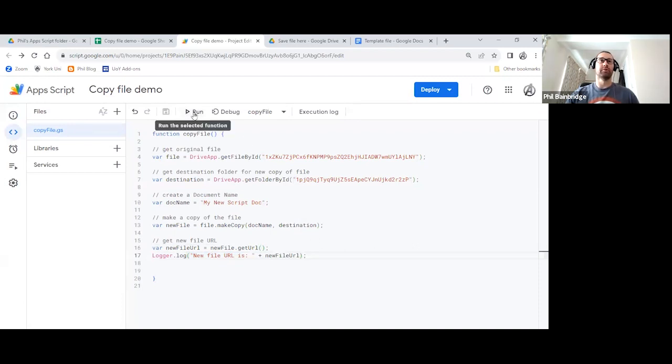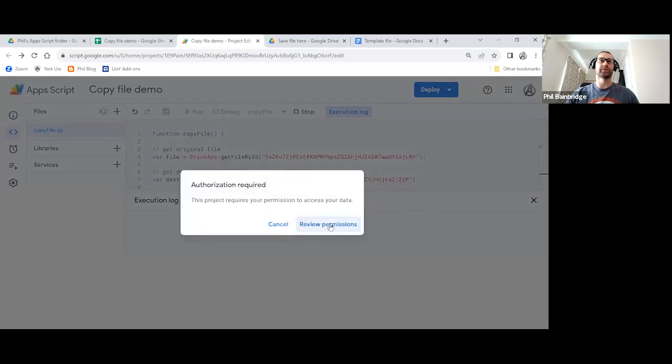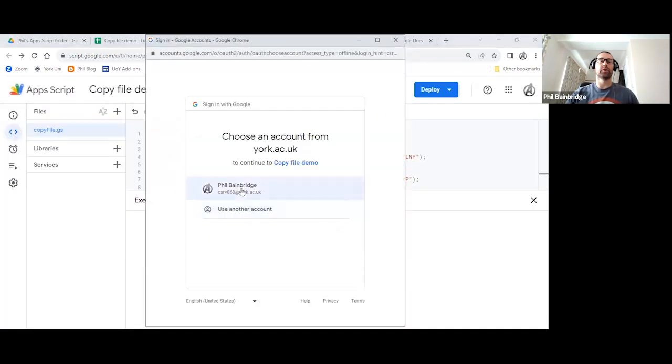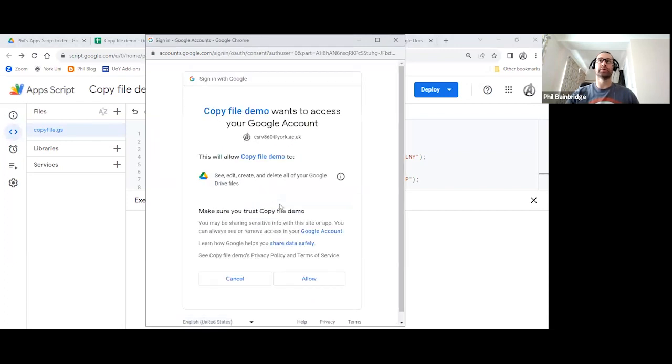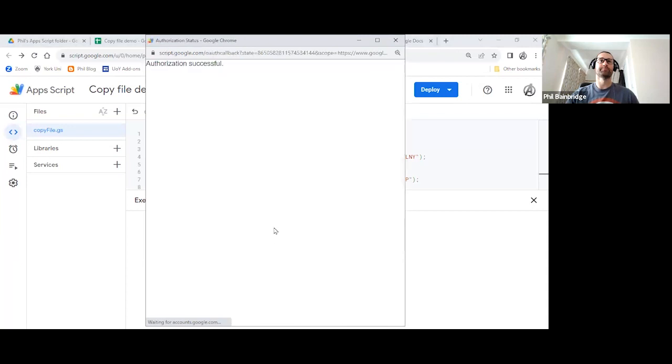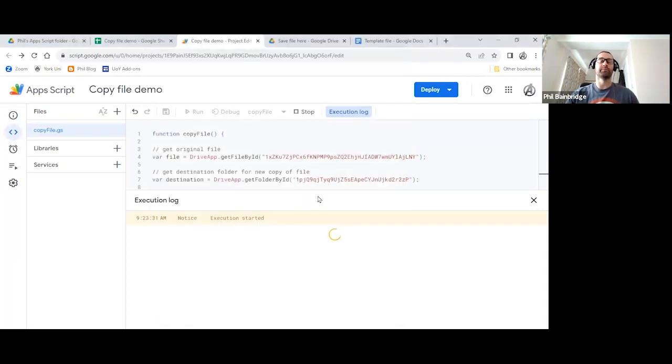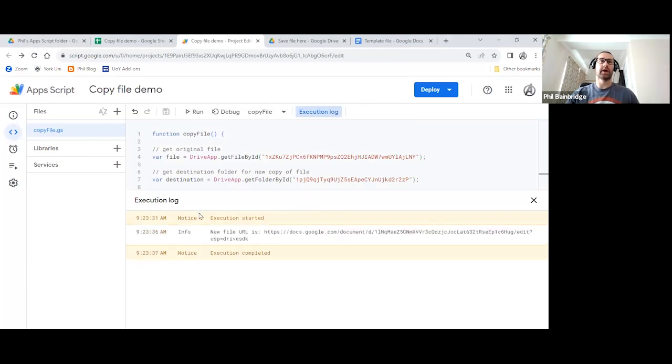If we click the run button, you'll be asked to authorize your Google account in order to run this. This is where you make sure, prior to doing this, you've only logged into this one single Google account. So I'm going to allow that to run. Making a copy of a file takes maybe 5 or 6 seconds in Google Apps Script, so just be aware of that. So here's what we're looking for.